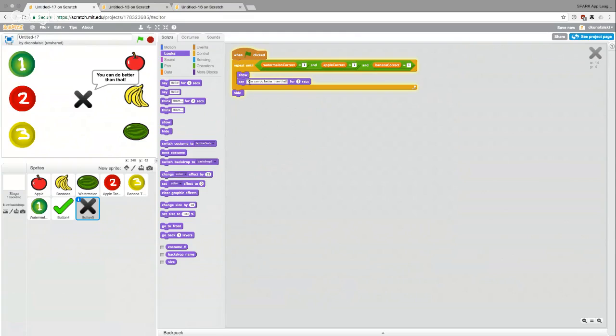But you can do better than that. This loop will keep happening and it will keep saying you can do better than that over and over again. Okay. In this case, though, I would like for a random message to pop up. I'm going to give 3 choices, and I want a random message to pop up from those 3 choices. And I don't want it to just say that message all the time. I want it to only show that message randomly every, I don't know, between 1 and 10 seconds,